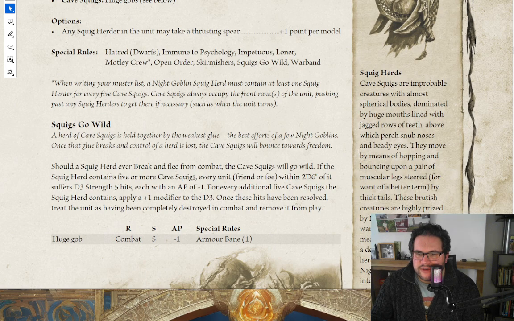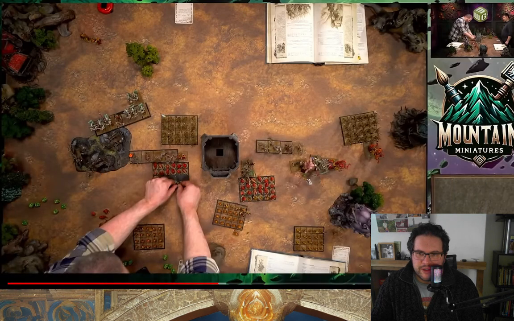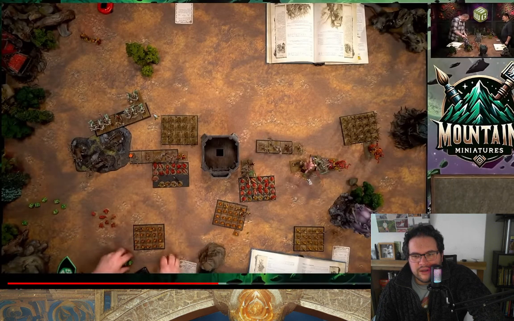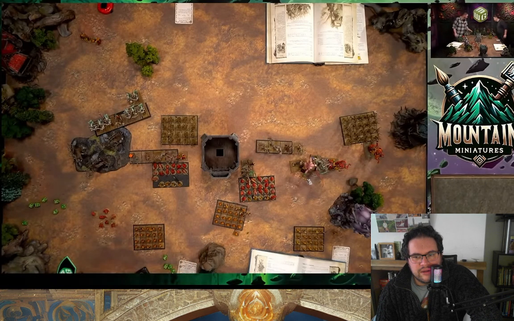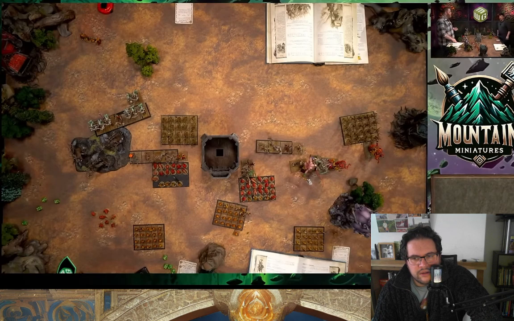5 or more cave squigs, every unit within 2d6 inches takes D3 strength 5 hits. For every additional 5 cave squigs the squig herd contains, plus 1 to the D3. So it's D3 plus 1, not 2D3. But, you know, first, because why not? My guy takes 4 hits, and... I think I'm toughness... I'll find out, but it doesn't matter. They go through. And my armor save...